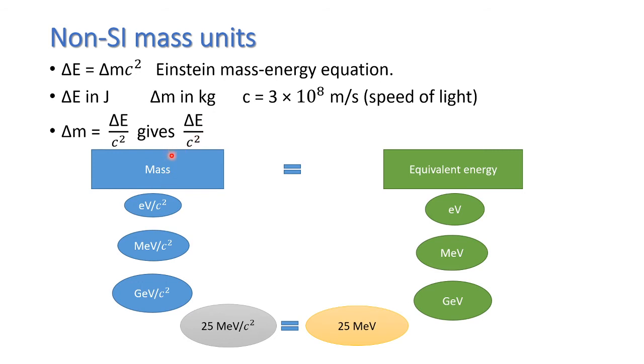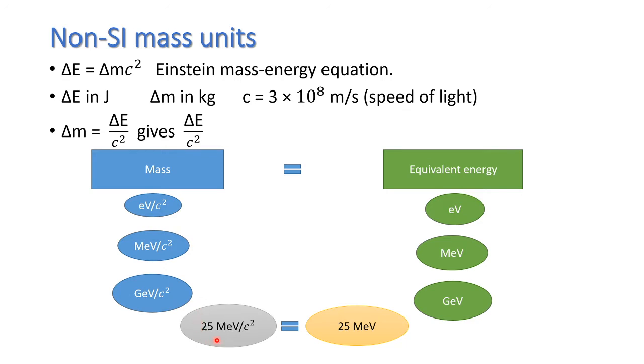So this is the mass, and if we get the equivalent energy, the thing that you have to know is, now electron volt per c squared, the equivalent energy of this is just electron volt. Say, for instance, if it is 5 electron volts per c squared, the mass is equivalent to 5 electron volt energy. In the same way, mega electron volts is a little bit bigger than this, and giga electron volts is bigger than that, right? So here 10 to the power 6 and 10 to the power 9, right?